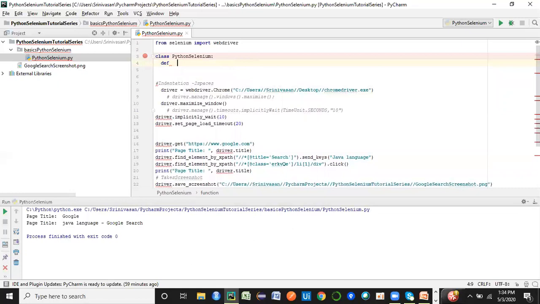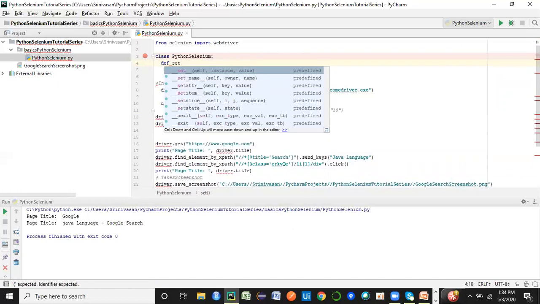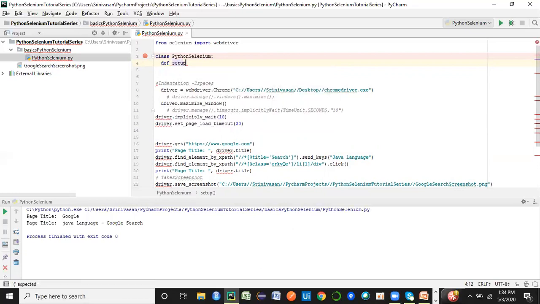Let me give a name here for the initial setup. I will call it setup. When I give parentheses here, like how we do in Java, it automatically takes an implicit keyword called self. Self means it's going to invoke this method implicitly by using the object of this class Python Selenium, because it belongs to this class.